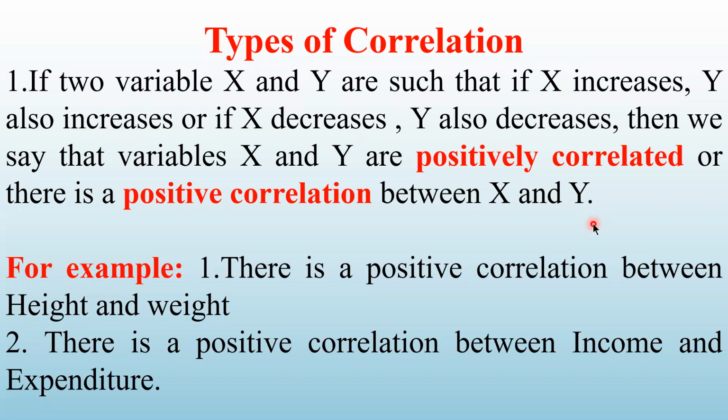If x increases, y also increases. Or if x decreases, y also decreases. Means both are varying in the same direction. Then we say that variables x and y are positively correlated, or there is a positive correlation between x and y. For example,